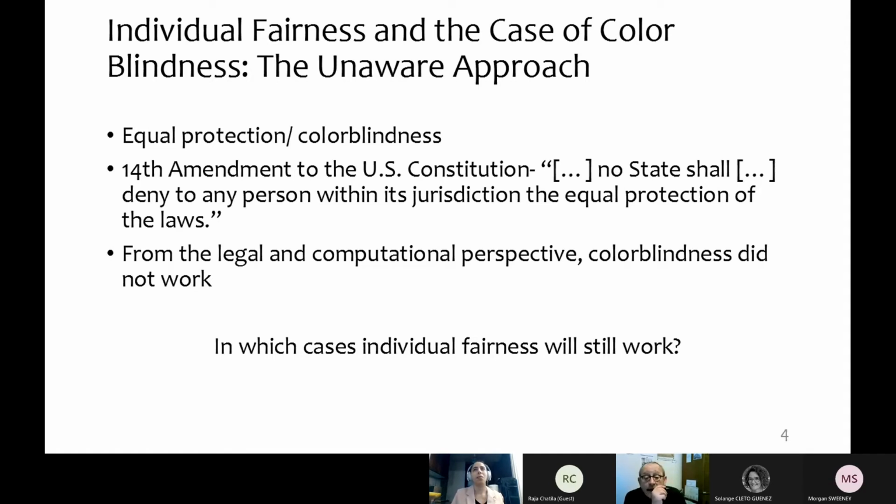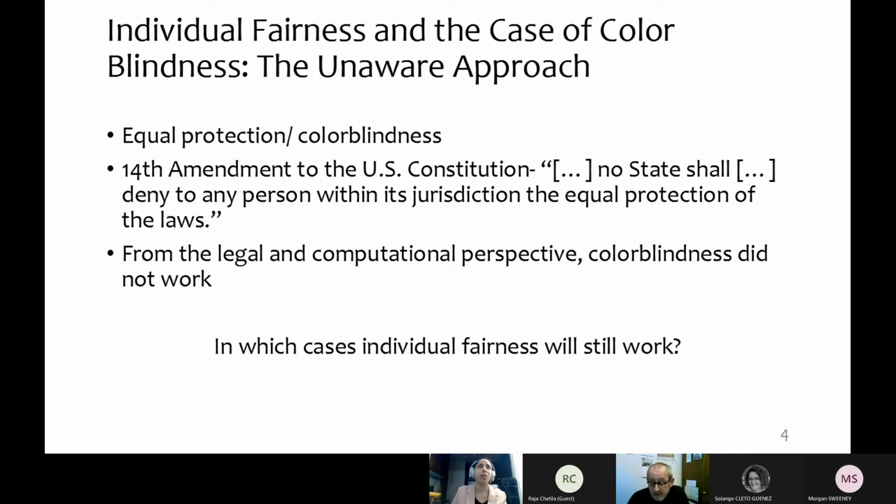The basis for this notion, the legal basis of it, is the Equal Opportunity Clause in the 14th Amendment to the US Constitution. I should say that I will focus mainly on US law. And as I said in the beginning, I have been thinking about different ways to improve this article. So I would definitely be open to considering different legal notions of fairness, as in European laws or